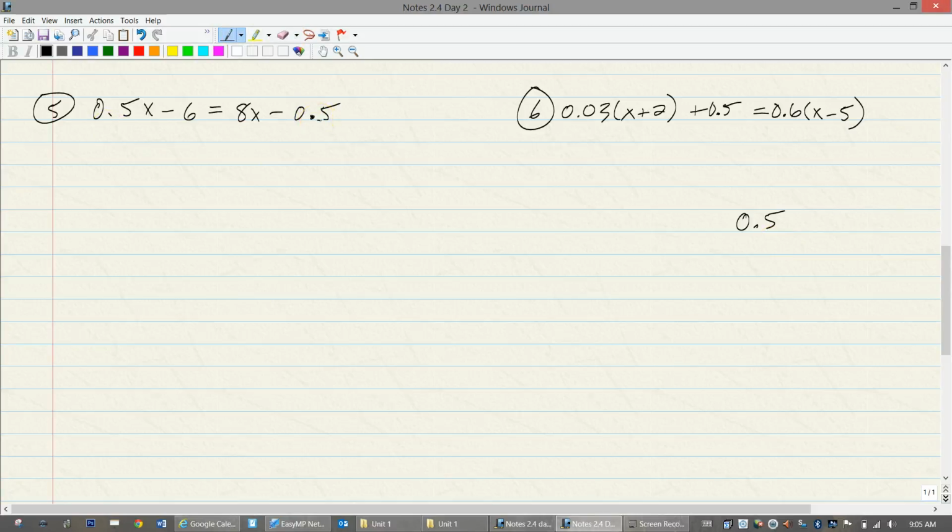Guess what we should multiply by if it's 5/10? Tenths. 10. Right? Make sense? If the furthest decimal out is in the tenth spot, we should multiply by 10. Does that make sense? Okay, so let's multiply both sides by 10 and we're going to get rid of all the decimals. Do you know what multiplying by 10 does to a number? It moves the decimal place